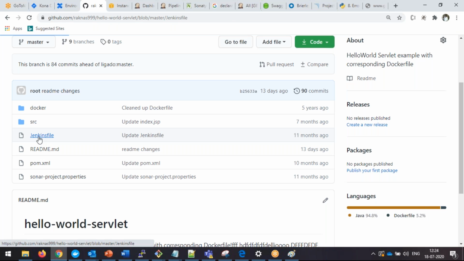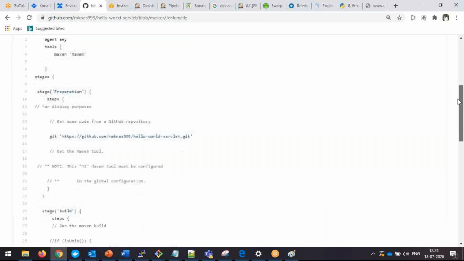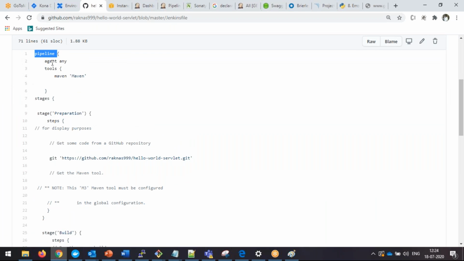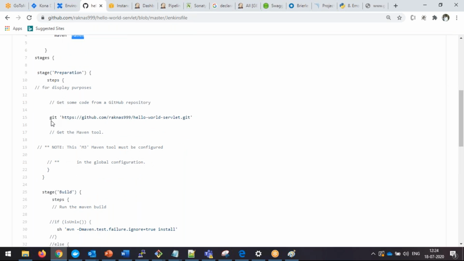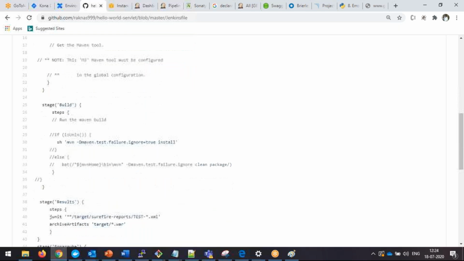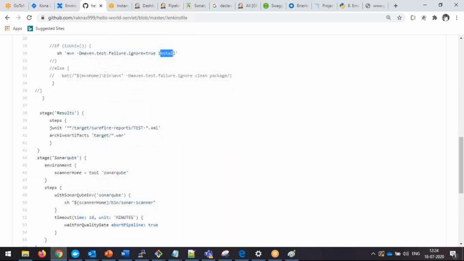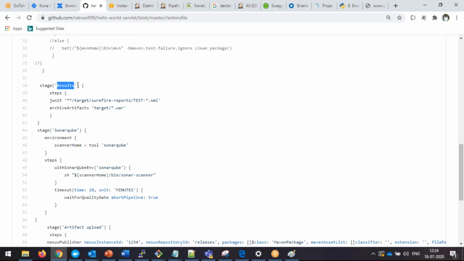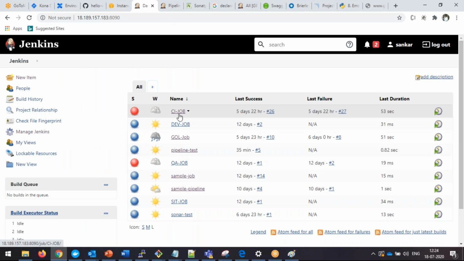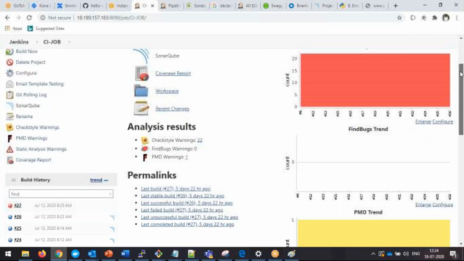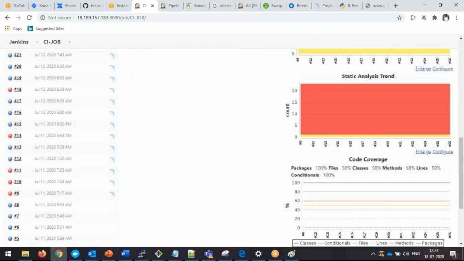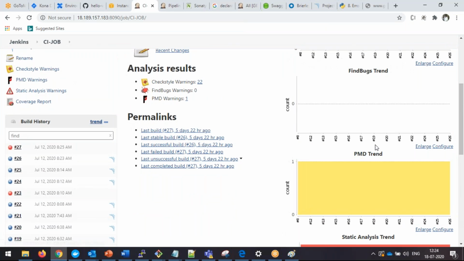If I open the Jenkins file here: pipeline, agent, tools. Right, so we need to build the code. My tool name is Maven. Taking the code and here building, install packages. It can be anything: validate, compile. Now here, the JUnit test results. I want to display my test results on the dashboard. So if you want to display the test results on the dashboard like this,